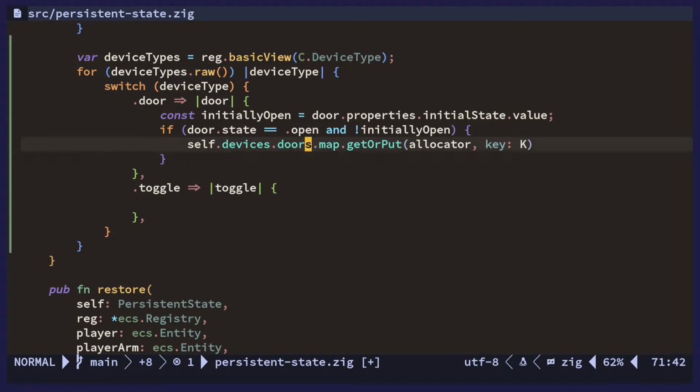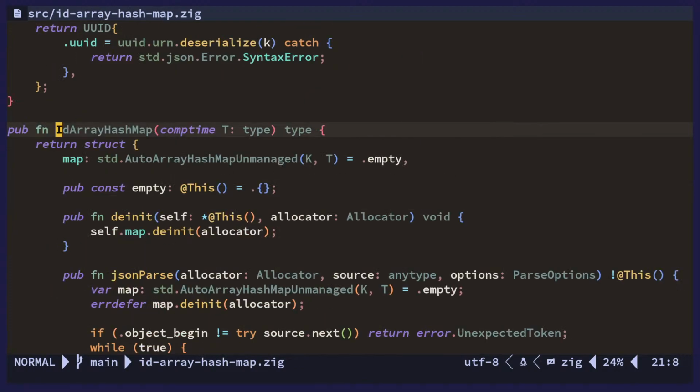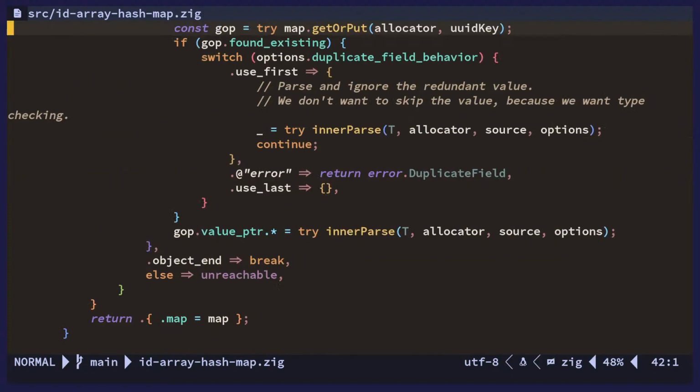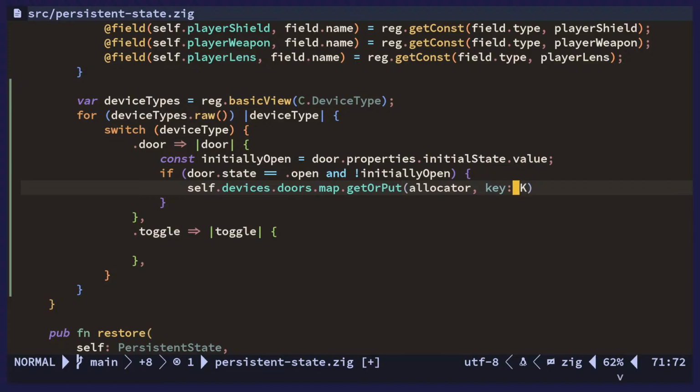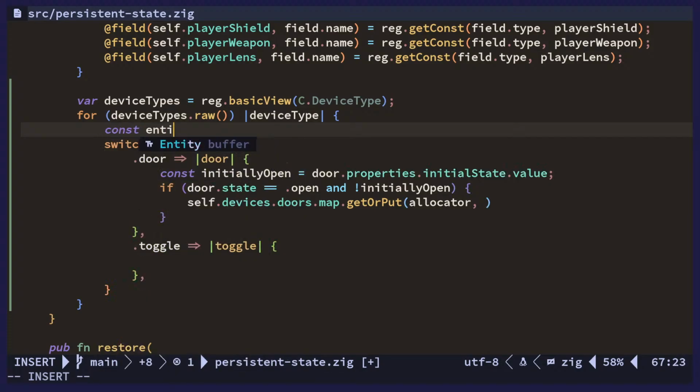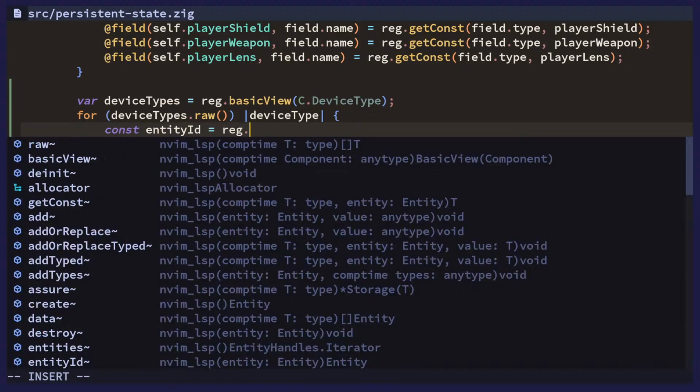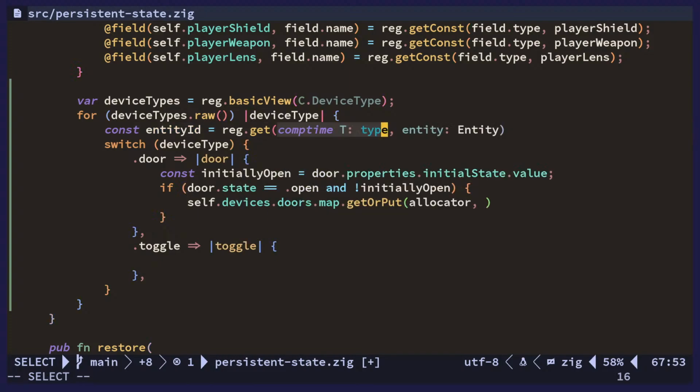Wait, hang on. Yeah, this is a hash map. The key is the UUID. So that's just gonna be, wait, what ID do we have? All right, that's right. So we need to get the entity ID like this. Get entity ID from